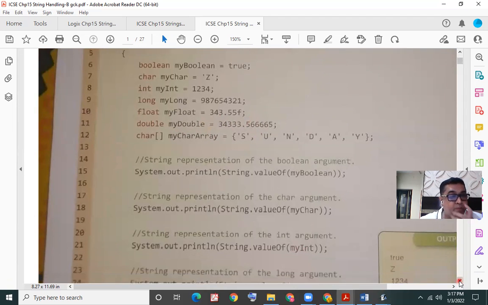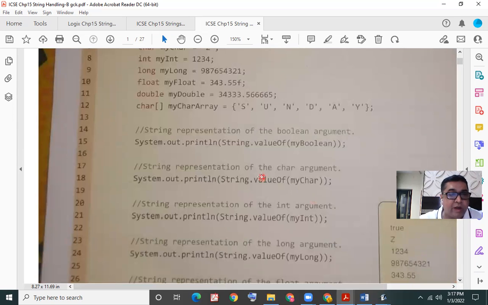Now remember one important point: when you convert some value into a string using valueOf, you can't use it for arithmetic purposes. Arithmetic means if you want to do addition, subtraction on this integer value or long value or float or double values, once valueOf has converted it into a string, then you can't do arithmetic on it, because the value is converted to string.